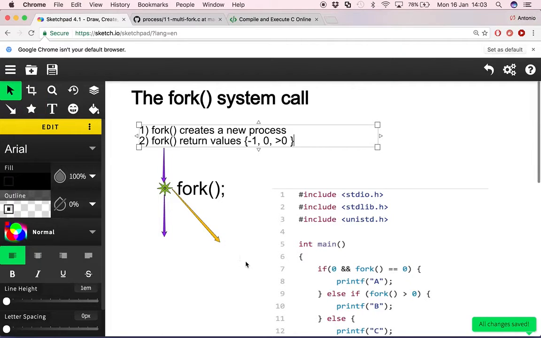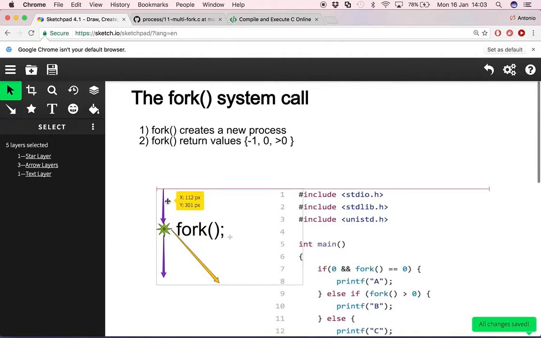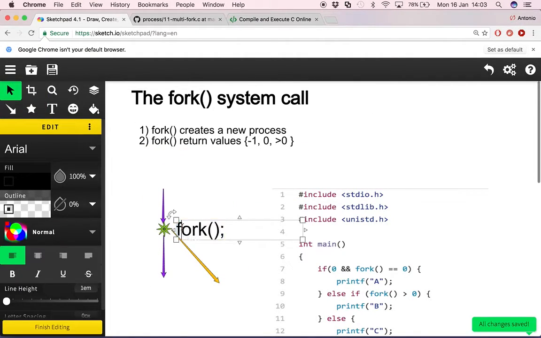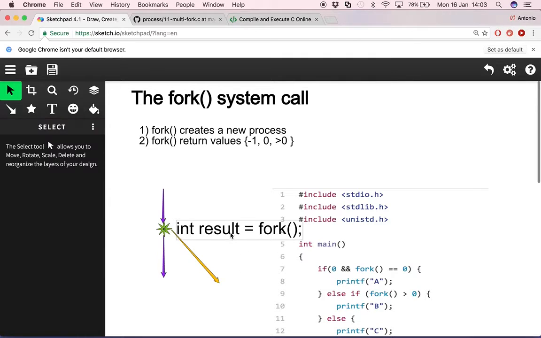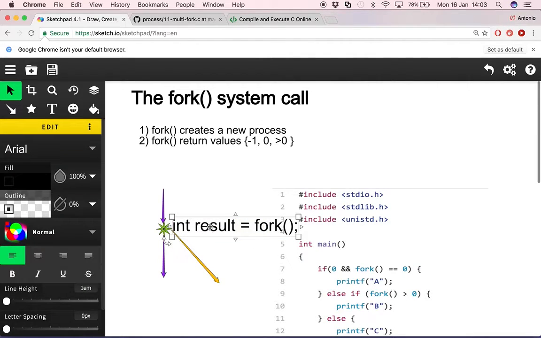So now, let's suppose in the program we make an instruction like this: int result equal fork. So now the question is, what is the value of this variable in the parent process and the child process? So in the parent process,